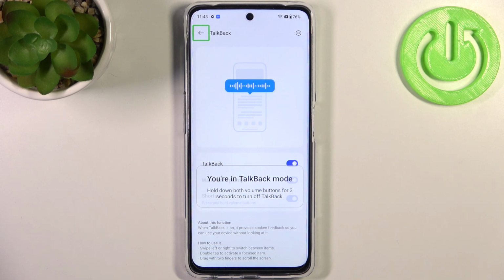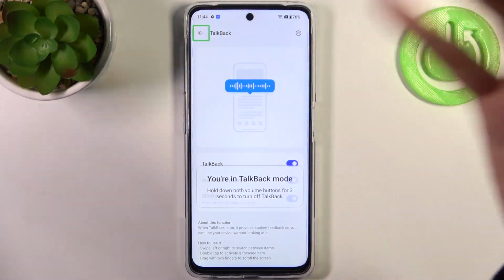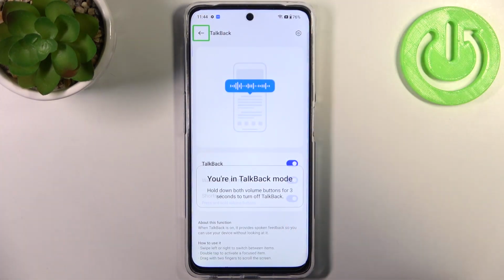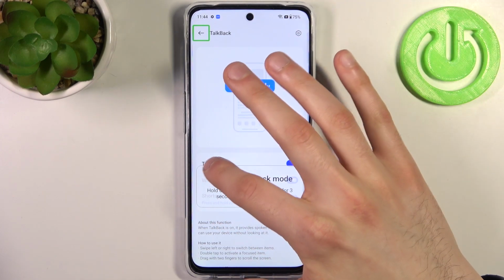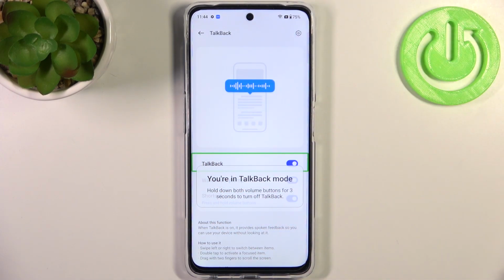So TalkBack is a mode that works the way that it speaks out loud contents on your screen depending on where you tap. So for example, I tap like TalkBack. TalkBack on. Switch in list. Double tap to activate. And this action got spoken out loud because this feature is made primarily for people who